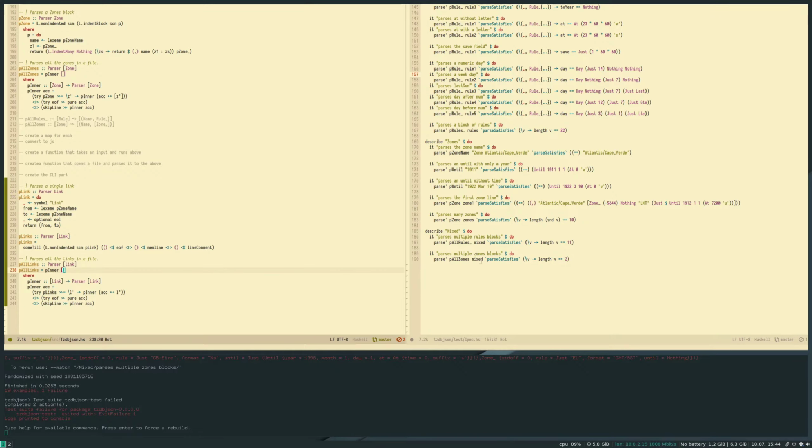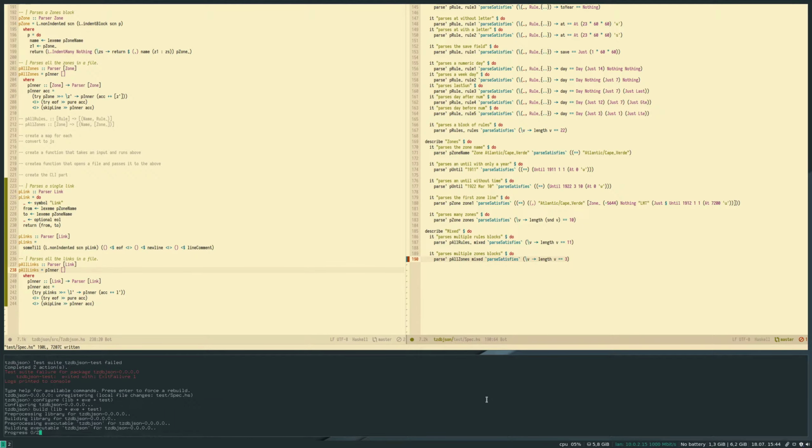Okay, it's failing. Let's hope it's only because we have 3 zones now. Yeah. And we can try to see if it parses our links. So it parses multiple links. Parse p all links.